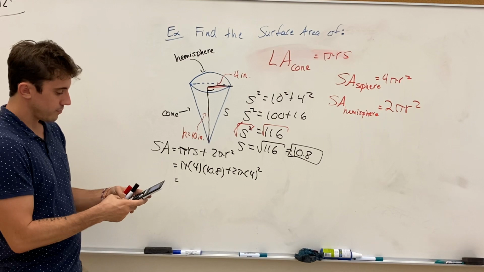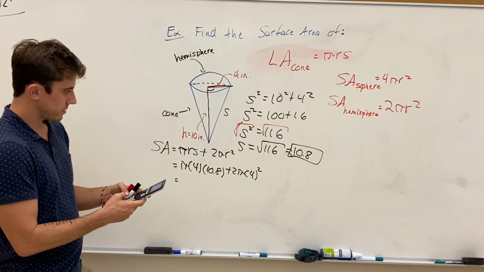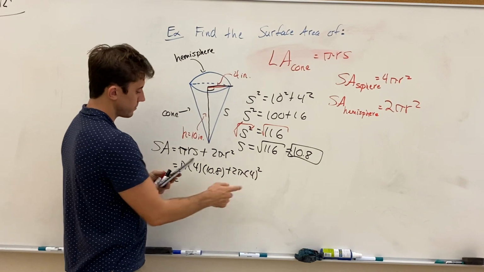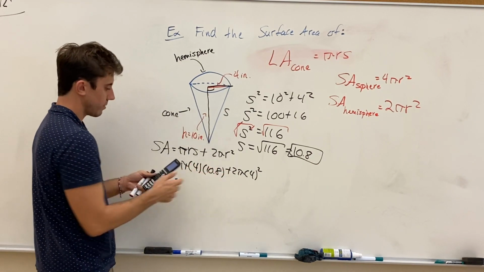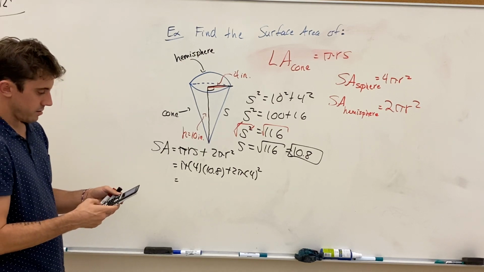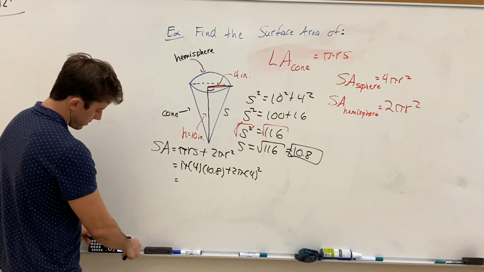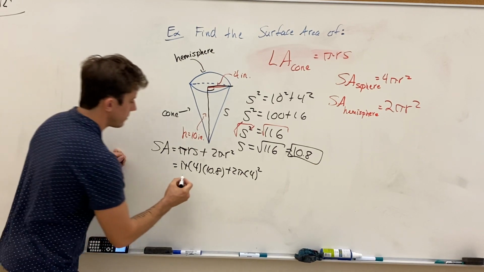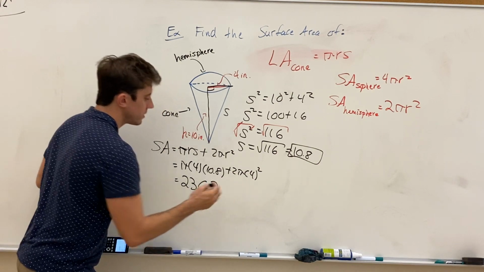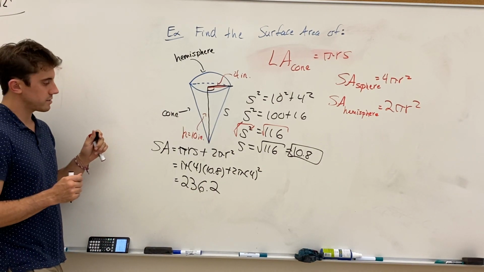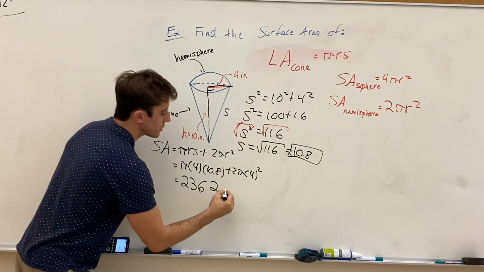So we have 10.8 times 4, plus 4 squared is 16, times 2 is 32, and now we have pi in both, so we can multiply that by pi, and we get a total surface area of 236.2. Let's keep things to one decimal place, to the nearest tenth of a square inch,